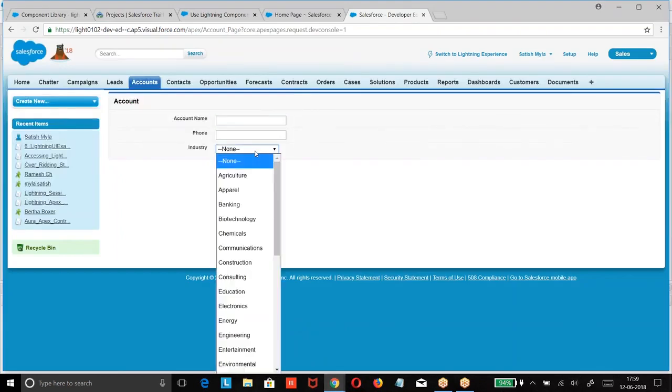I don't want to get the list of all the industries. I want to get only those industries whose name is starting with A. As per this page, only the industries whose names are starting with A should be displayed. Then what will you do? How will you achieve this?